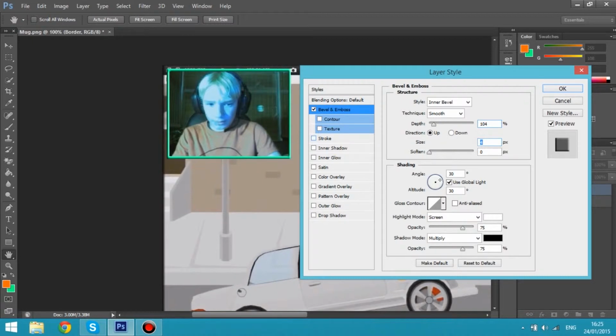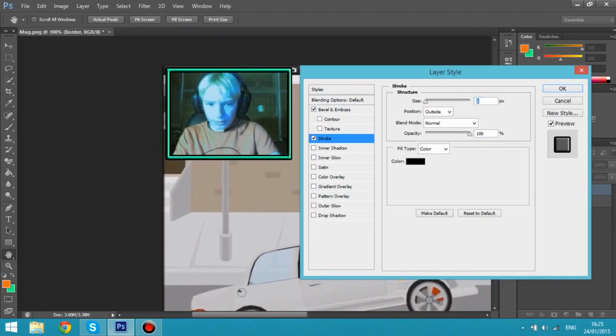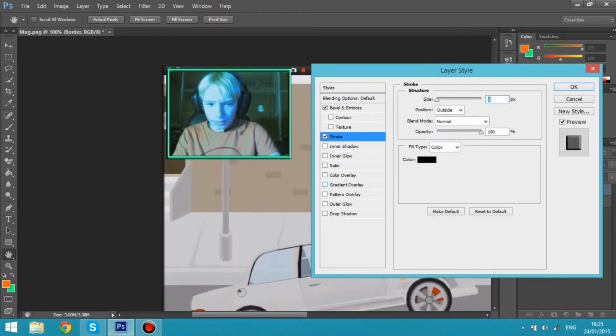Right, now we're going to go to stroke. You only want the slightest stroke. I would recommend just a 1 for this, just to give it that extra little touch. We might get rid of the stroke at the end. Depends whether you like it or not. Then we're going to go to